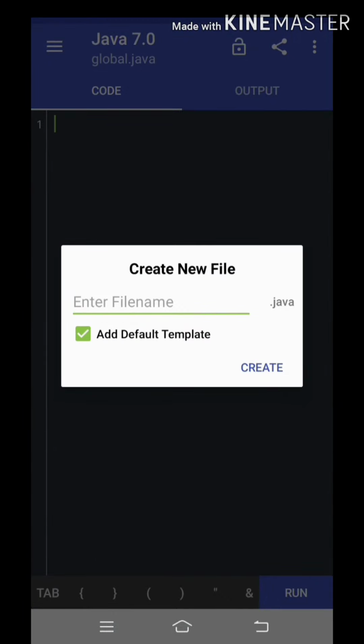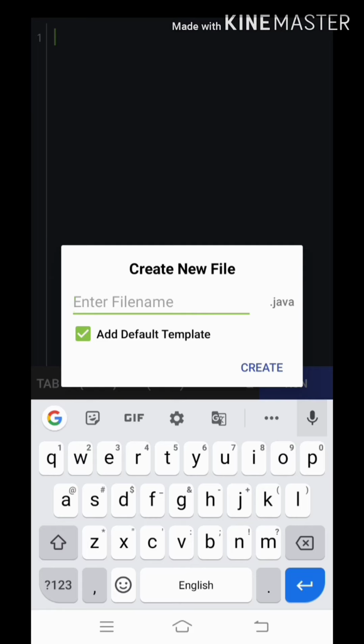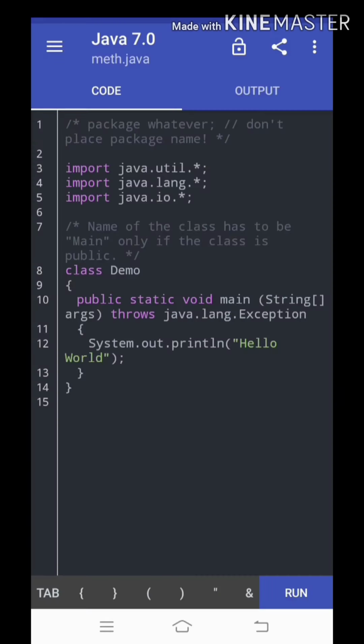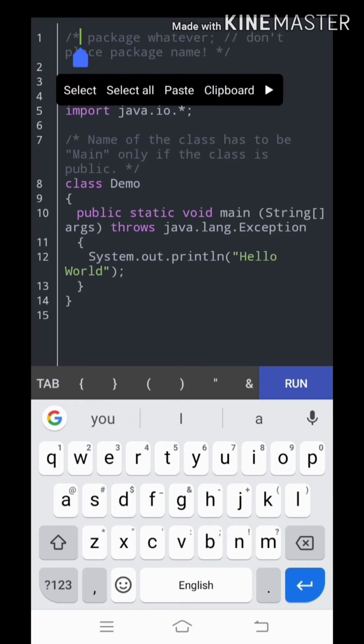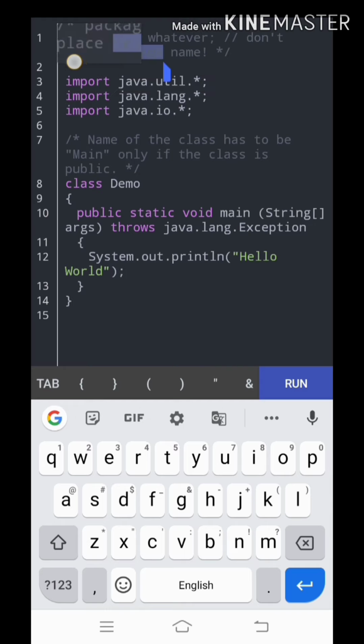So first of all I am going to take a file name. As we are dealing with methods, I am going to give the file name as meth and save it. Now we are going to clear all the content which was pre-initialized in this.